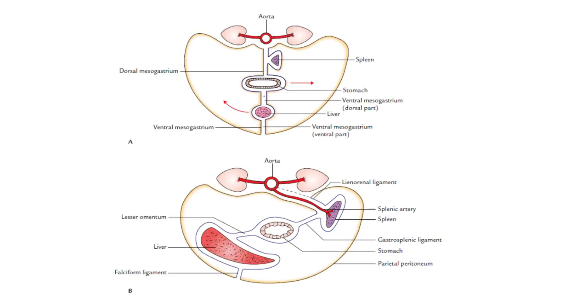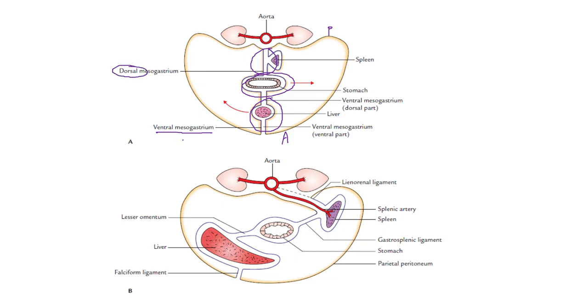Before we see a question, I would like to explain a few things. Here we can see the developing stomach, the anterior abdominal wall, and the posterior abdominal wall. This is the fold of peritoneum suspending the stomach from the anterior abdominal wall, so it is called the ventral mesogastrium. And this is the fold of peritoneum attaching the stomach to the posterior abdominal wall, and it is called the